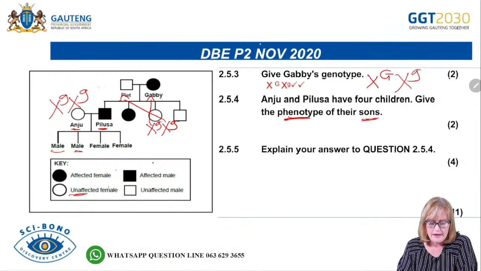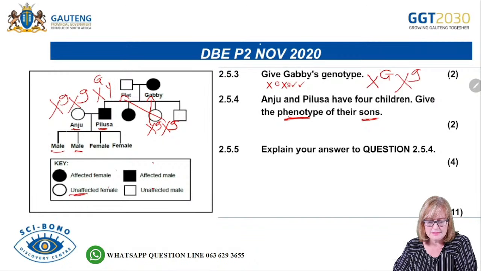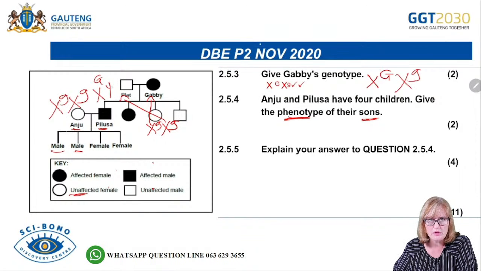The dad has got the affected allele, but he's got a Y. So what does the dad give the sons? He gives them a Y. So he couldn't give them the affected allele at all. He's only giving them a Y chromosome. Right. So if they both have the Y chromosome from their dad, what are they going to get from their mother? The recessive allele. Right, so they're going to get the recessive allele. And if he gets the recessive allele from his mother, it means that he is unaffected. All right, so that one,